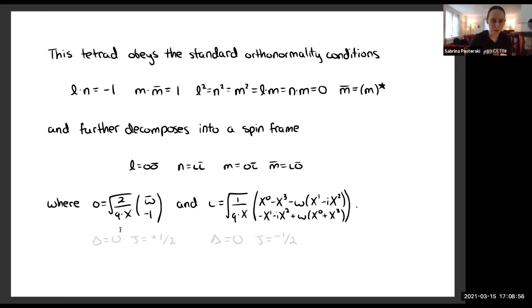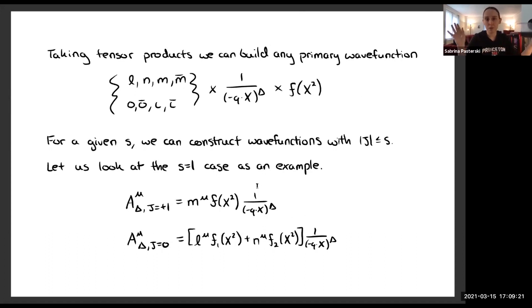So up to a factor of Q dot X, which basically is in Taylor's paper where they talk about supersymmetry, you see these delta plus a half appearing in different places. If you push that into the definition of the spinor, then you can see that the scalar wave function is determining the dimension, and then these tetrad or spinor frame elements are giving you the spin part. So now I can build up whatever primary I want, and this was also featured a little in Andrea's talk at the conference at Princeton, by taking just tensor products of these guys with my scalar and some arbitrary function